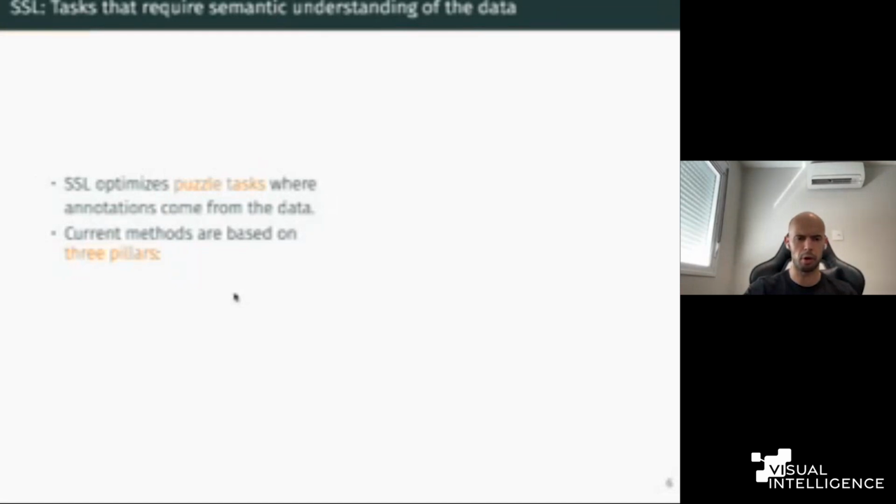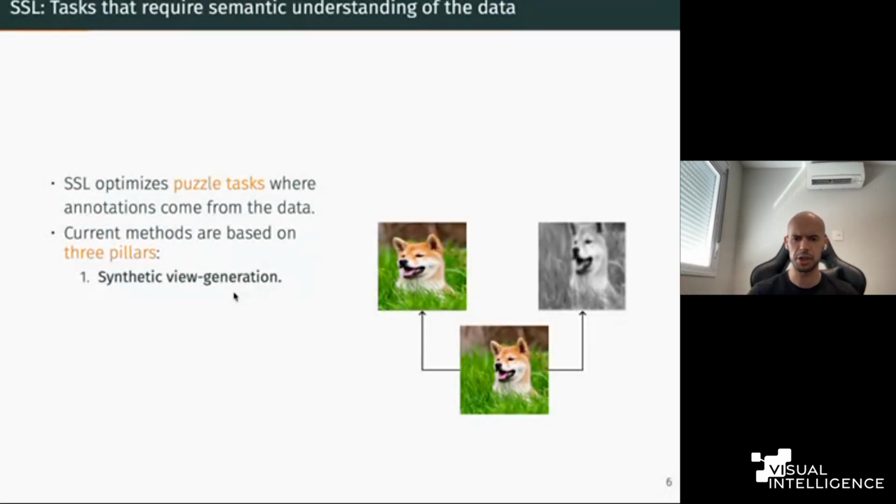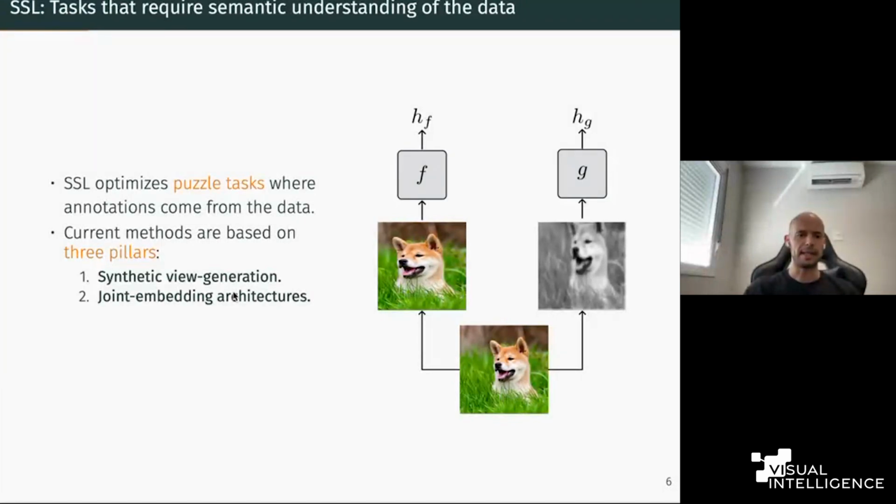What I like to call the 3 important pillars of current self-supervised learning methods are: the first one is this idea of synthetic view generation. It's very simple, just an idea of creating different views or different viewpoints of your input. It's very similar to, for example, looking at an object from a different angle or from a different perspective, from a different distance, something like that. The second is the idea of joint embedding architectures, very prevalent today, which is basically this idea of having 2 separate encoders. These encoders might share parameters, they might be different, they might receive different modalities. It doesn't really matter. The thing is that they will receive one of those different viewpoints or perspectives of the image and output a representation vector,